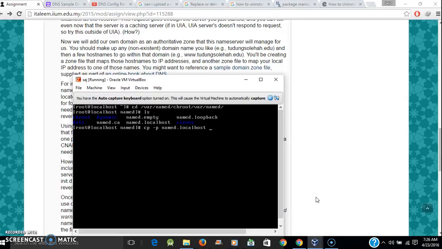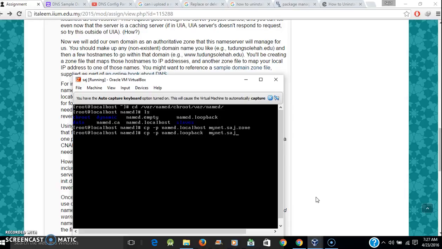Let me say the name of my file is mynet.saj.zone. Okay, so everything will be copied there. And for the reverse one, we use the loopback. So we have named.loopback, and let's let me make it